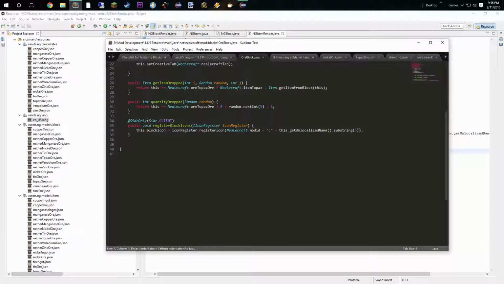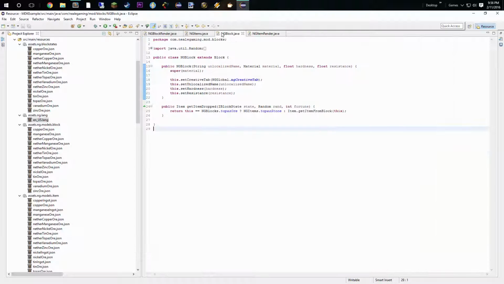And here we have quantity dropped. Now, will this work? Let's copy and paste it into our block class and see what happens. So it's obviously not going to like Neocraft, so we're going to change that to ng blocks